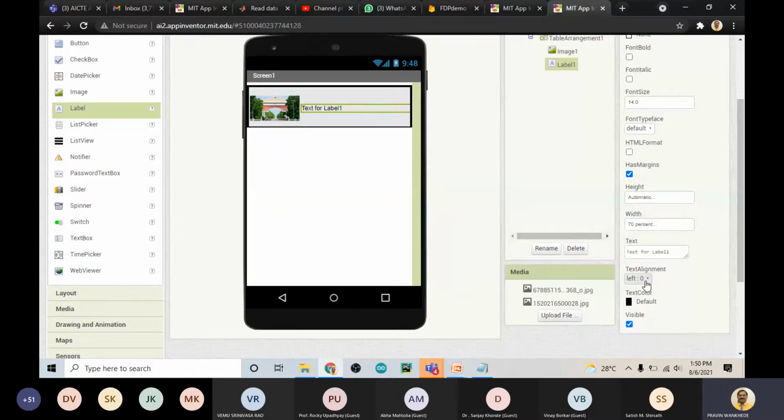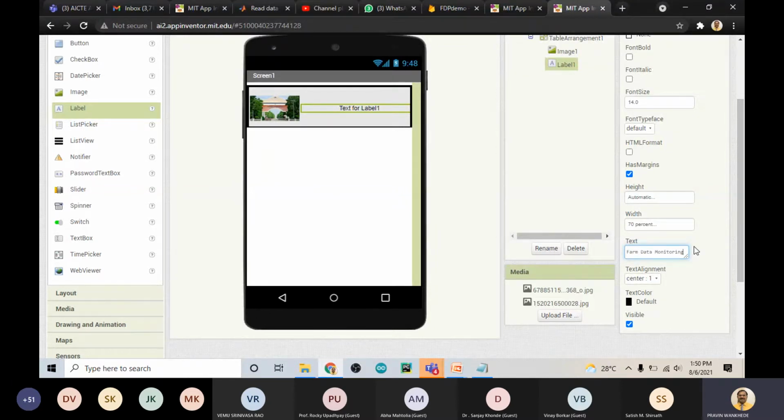And then make the alignment of the text to the center. What is the text that you want? I want here the farm monitor. So I have written here the name of that text, farm data monitor. Okay.